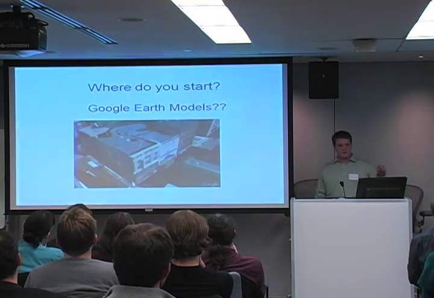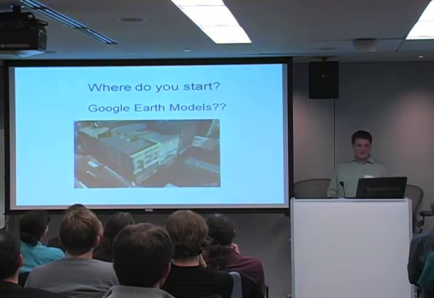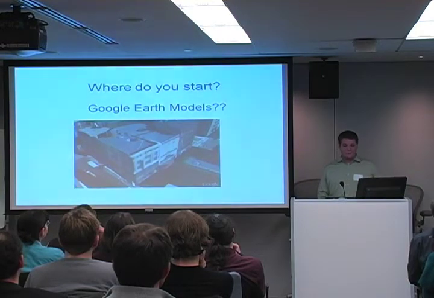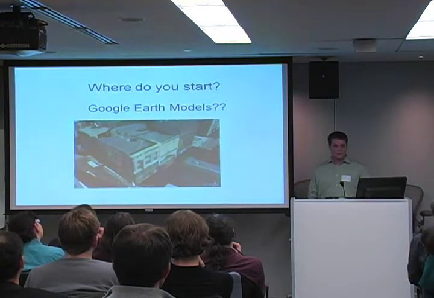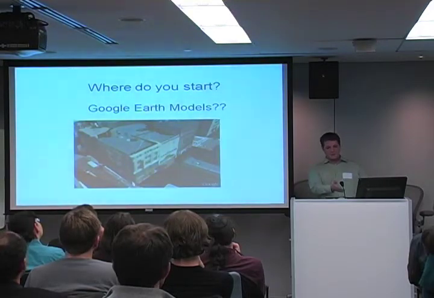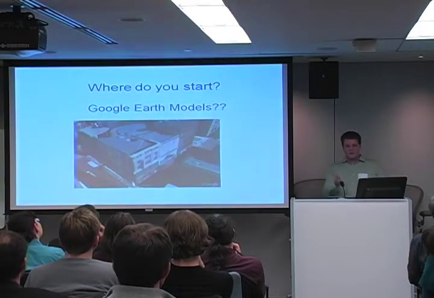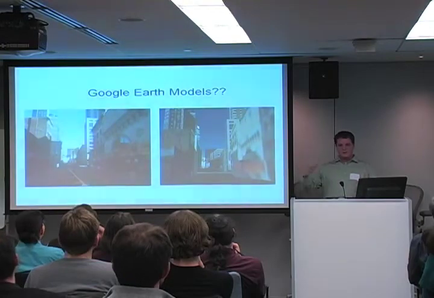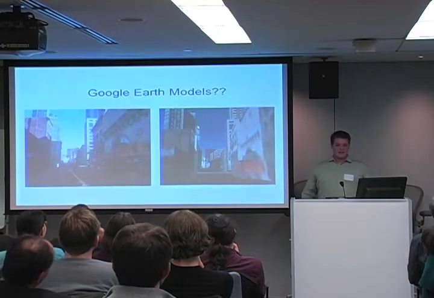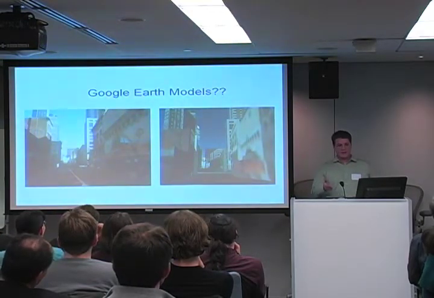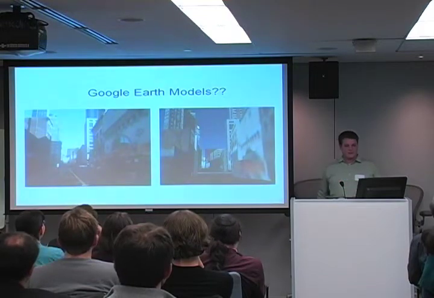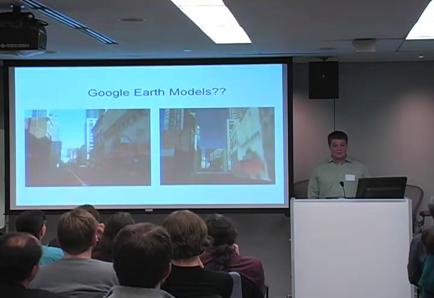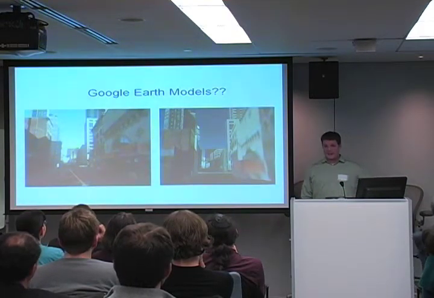So then we went to Google Earth. Everybody knows you can click a button in Google Earth and a model comes up of many major portions of the US and all over the world. But it turns out, something I'd never noticed before, when you really get to street level, it's way too blurry. They do the oblique images on top of LiDAR, and you can see it gets draped, and sometimes when you have something like an awning or a sign on the street. So it turned out that wasn't our best bet. Who knows if we would have been able to get that anyway.